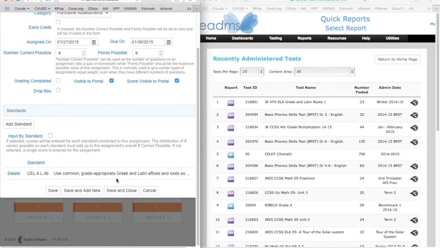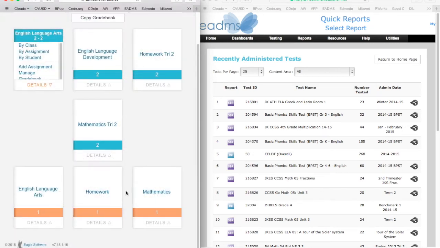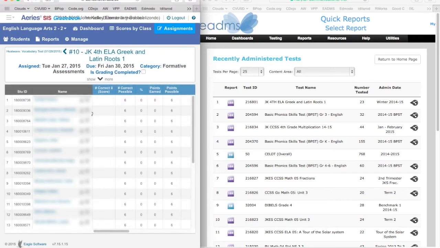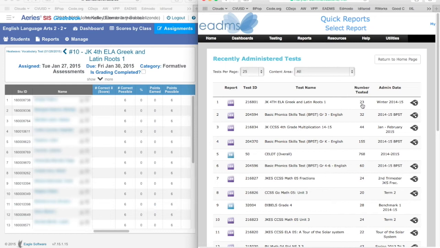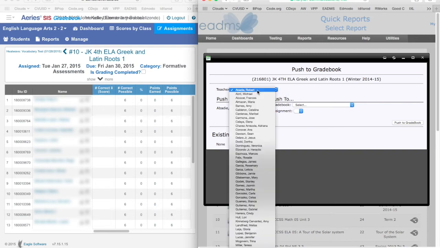That's pretty much all there is to it. So I'm going to go ahead and save and close this, and I'm going to open this assignment so you can see that there are no scores in this particular assignment. So what I'm going to do now is go to the EADMS section, which is right over here. I'm going to select that test,